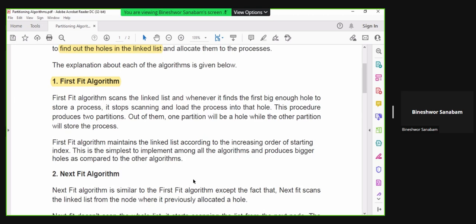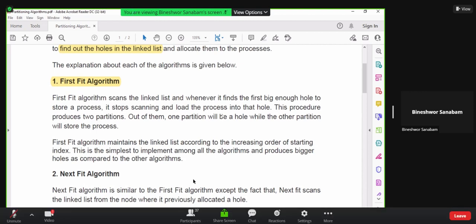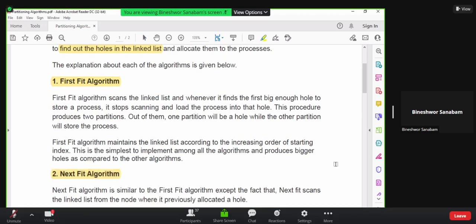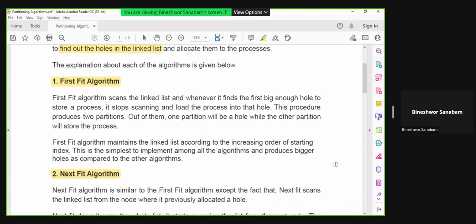Then the next algorithm is what we call the next fit algorithm. The next fit algorithm is similar to the first fit algorithm, except that here we need not scan everything from the start. In first fit we start scanning from the first and keep going on, but in next fit algorithm